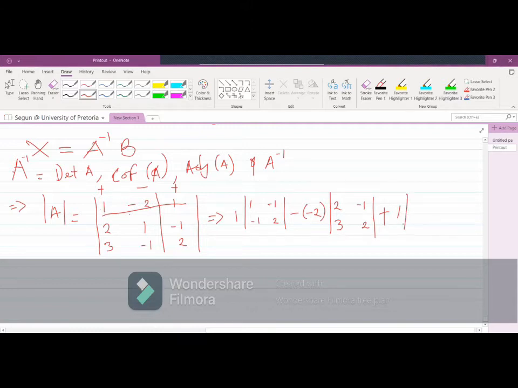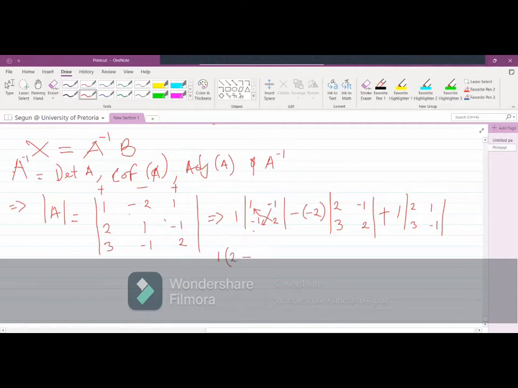Put 1 there. We can only do this because we are dealing with what we call a determinant. So we pick the element we cross, that one will also go. So we have 2, 3, 1, minus 1. All you need to do is just to cross multiply. You have 1 into this multiplied by this, and this multiplied by this. So we have 2